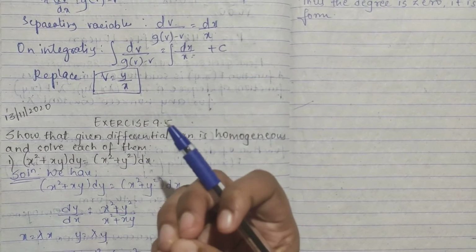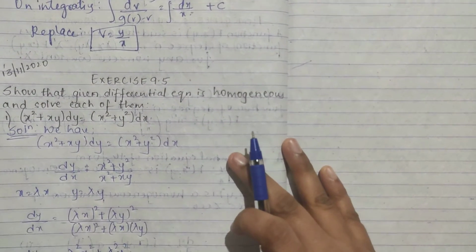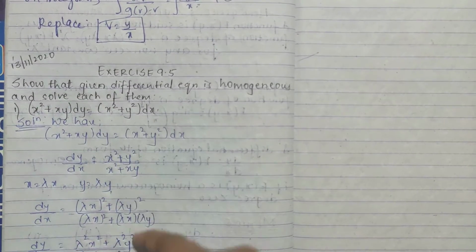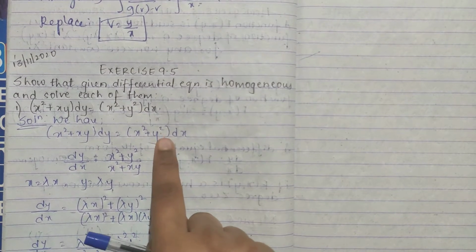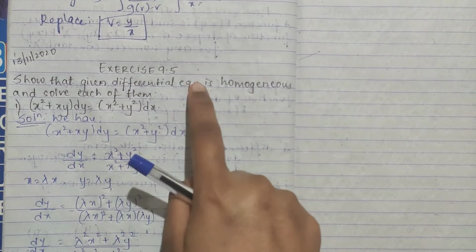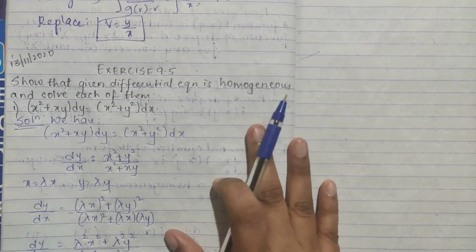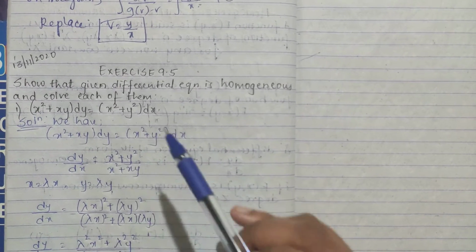Okay, in some questions if they tell to verify it, then go by the method. Still, if you don't understand by checking the degree, then you go with a method, you check if you are getting degree as 0, like I have said to you, lambda raised to 0 means lambda value shouldn't be there. So we will see how. We first write it down. So dy by dx, what will we get?